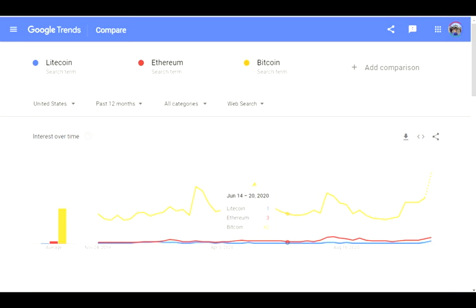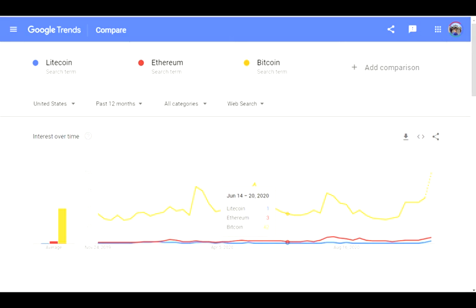One of the predictors of cryptocurrency, like many other financial products or investment targets, is the social signal. In this particular case, we use Google Trend as an indicator. So when you plot the Google Trend indicator on the Google website, you can see the three cryptocurrencies are relatively similar to each other and going in the same direction.